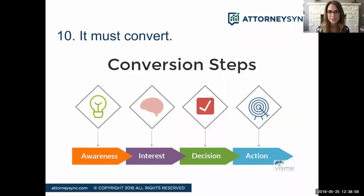The conversion steps here, just kind of the sales funnel, so to speak, of awareness, interest, decision, and action. So how can you get people from step one all the way to taking action and contacting you? Yeah, I think so. From a basic framework, I think that the awareness, interest, decision, action kind of thinking is